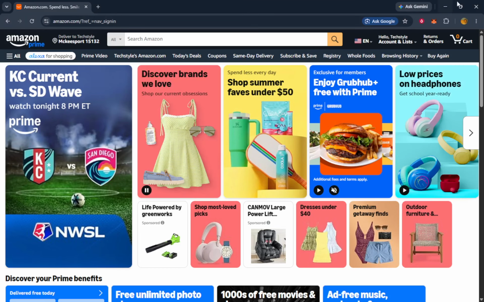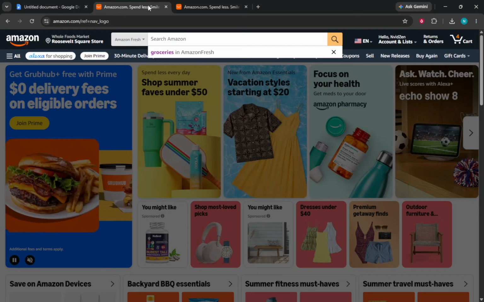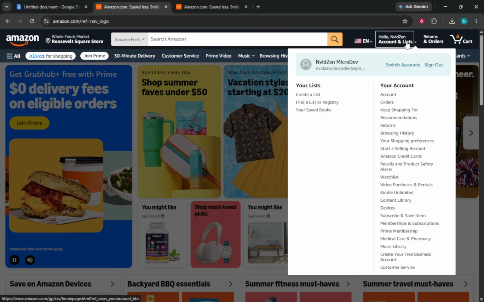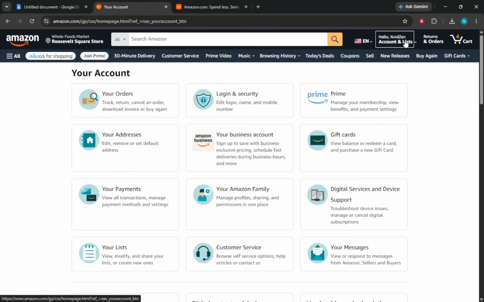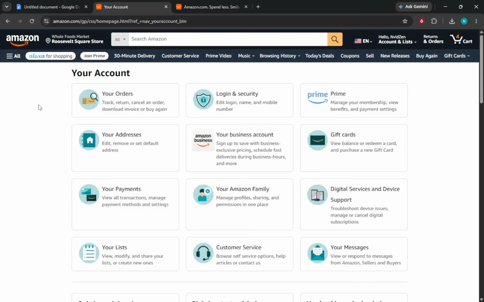As you enter your credentials, you will see a familiar interface with various options. Make sure you enter your email address and password accurately. If you have two-factor authentication enabled, you may need to complete that step as well. Once logged in, you will be ready to manage your payment methods effectively. This initial step is important because it allows you to access all features related to your account and ensures that your information remains secure.